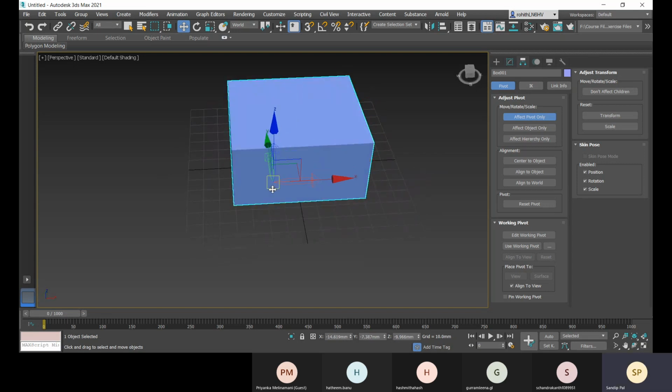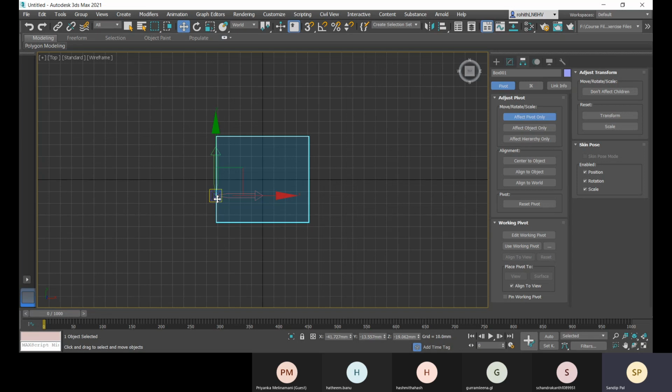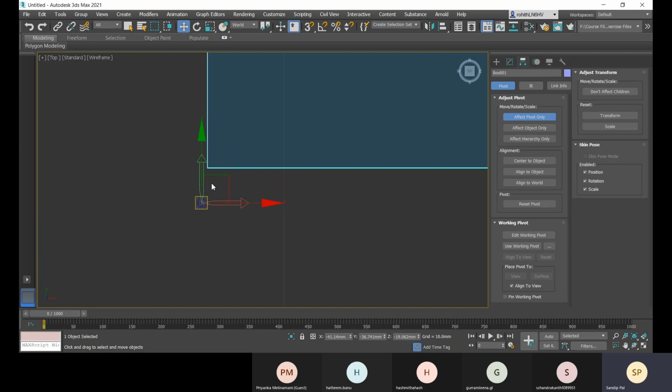Right now you can place it at the corner. Now you see that I cannot find the exact corner, right? So I can either switch to top view. T is the shortcut for top view. There I can see it properly, but it is still not proper. Like if I zoom it, there may be some chances of error.